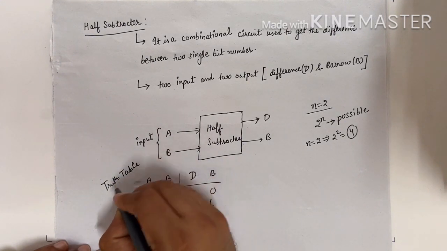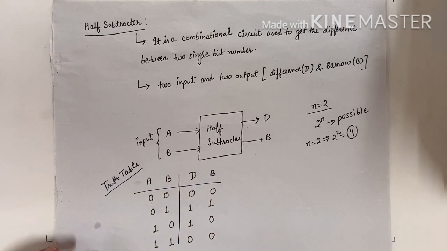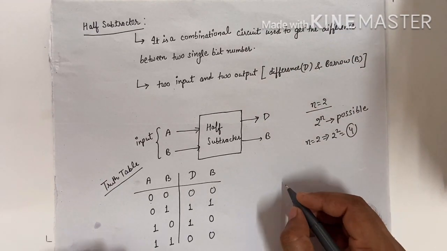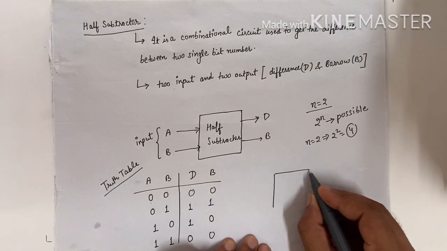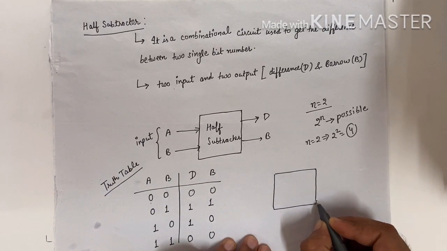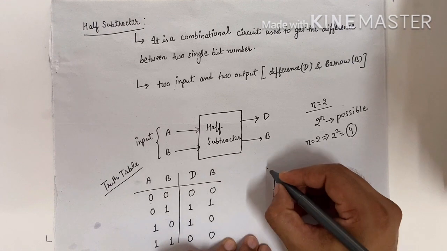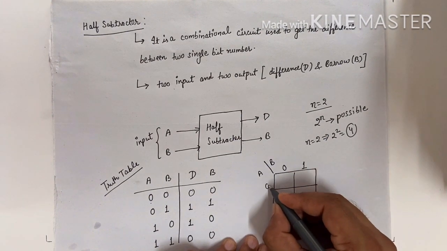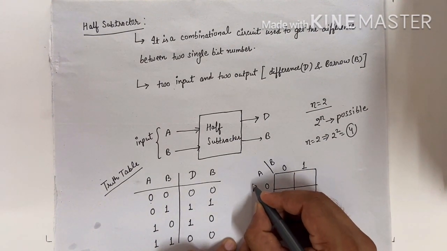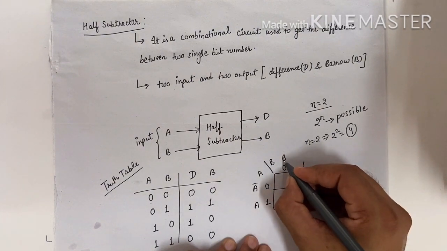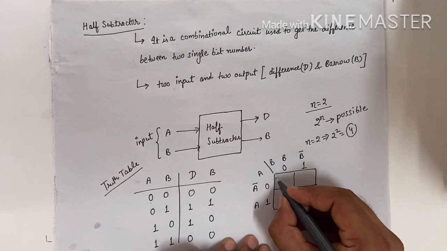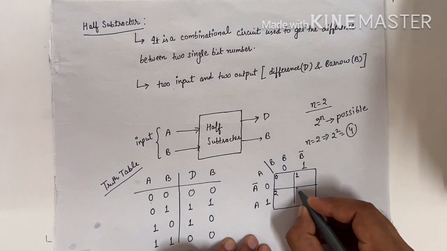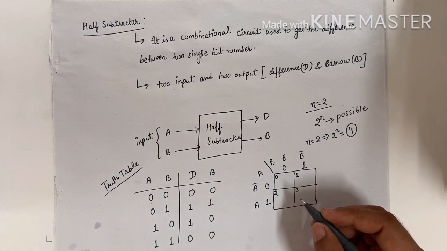After developing a truth table, we have to make a K map. So how can we make the K map? We can see here it is a two variable K map. Suppose we have considered A and B, we can write here 0, 1 and 0, 1. It is written as A complement, A, and here we can write B complement, B. We can write the cell numbers also. This is 0, this is 1, this is 2, this is 3. This is the cell number of two variable K map.